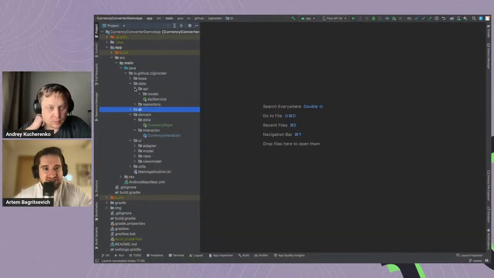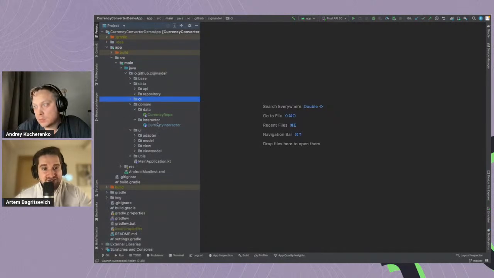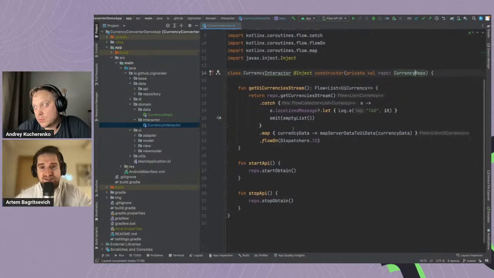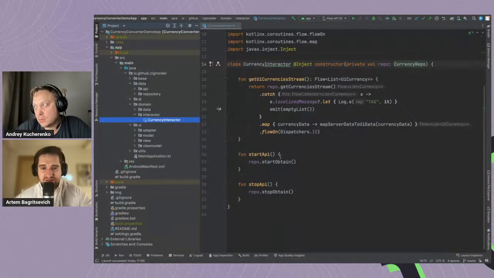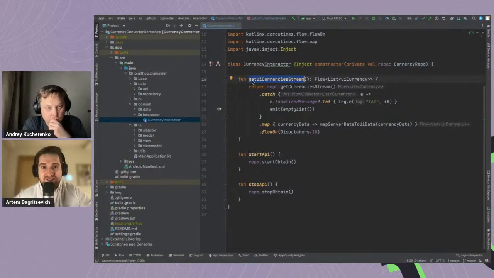Let's go next. Next, we can go to the domain layer. On this layer, as you remember, we have interactor, or sometimes you can have use cases here, and we can have a use case for every specific action. But here our app is not so big, and we have just one interactor with a subscription to this flow. Actually, we're using currency repository from the previous file, and we're providing this function get UI currency stream,